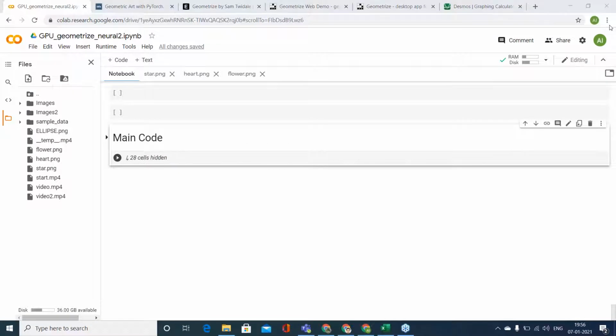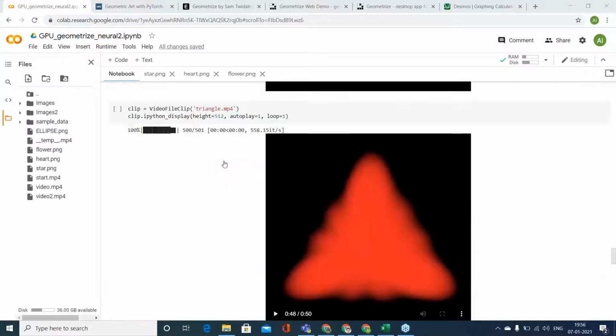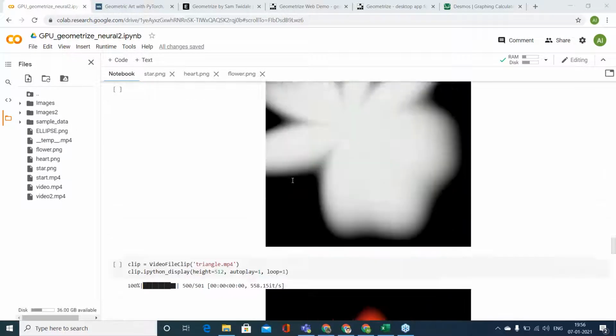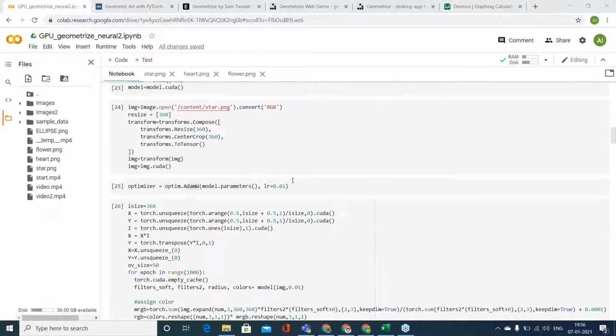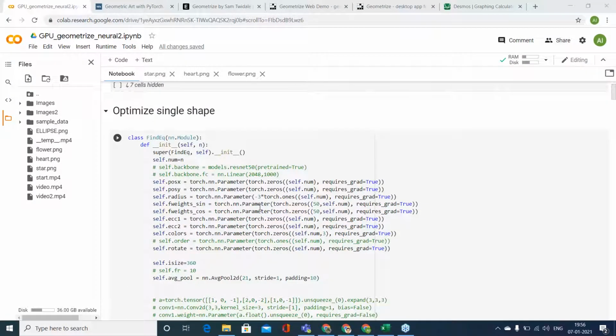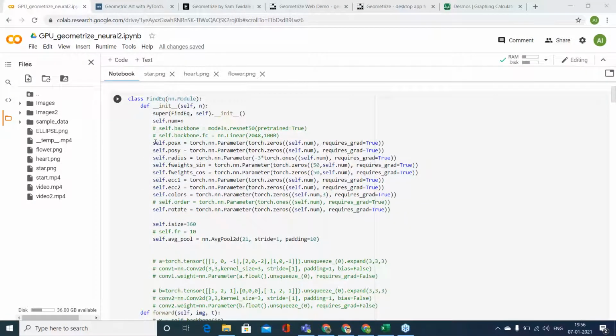Any questions you want to ask? Any suggestions? Okay, audience, any questions? So this is just a very basic version. I just started with it and it took me like 1 or 2 weeks to write this. But I see it can have a lot of applications. For example, I'm just optimizing for a single image. The next idea that I have, which I'm going to try out, is this.